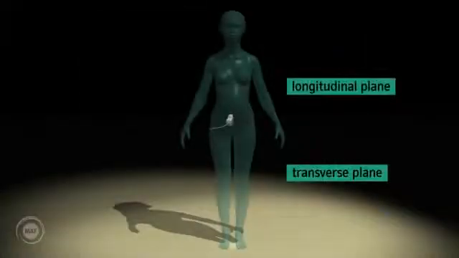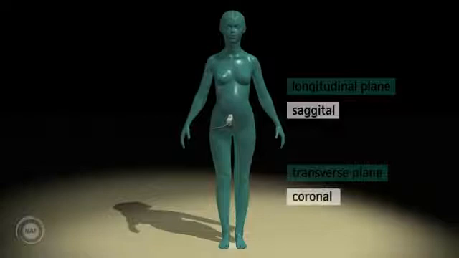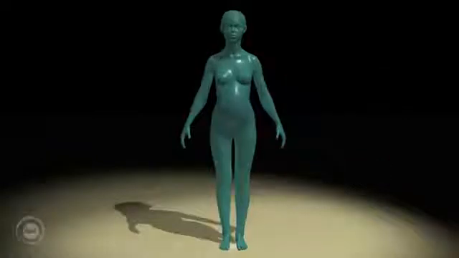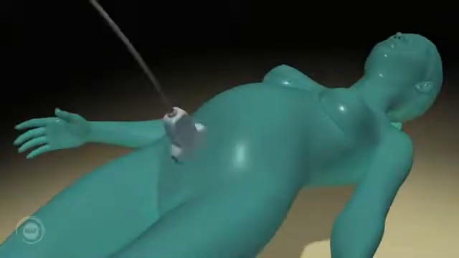Terminology. The terms longitudinal and transverse are used when referring to the position of the probe. The terms sagittal and coronal are used when referring to the view obtained by the probe of the mother or fetus. Longitudinal. When initiating a scan, one always starts with a probe over the pubic bone of the mother in